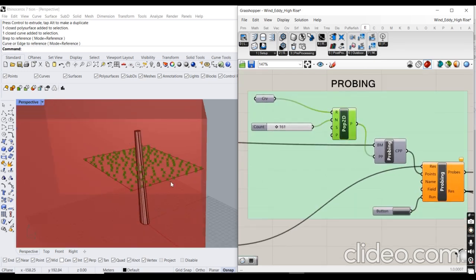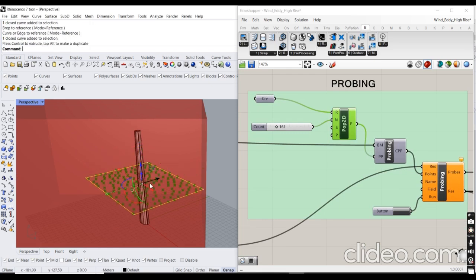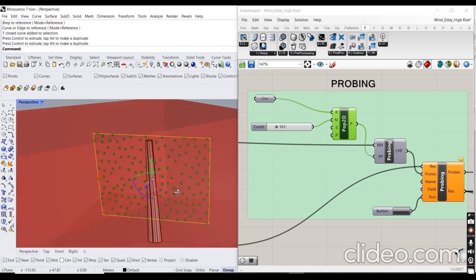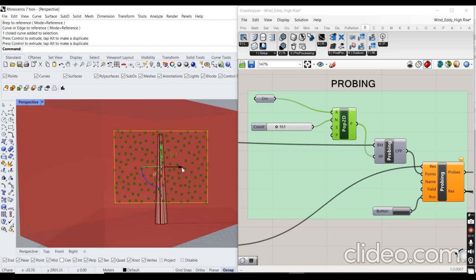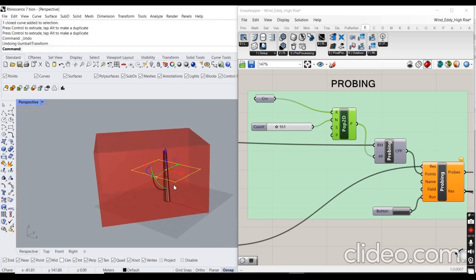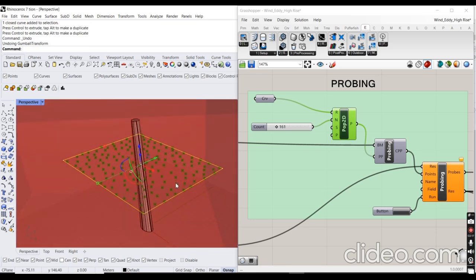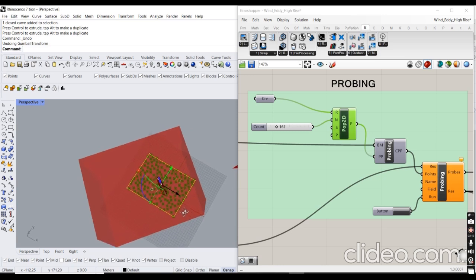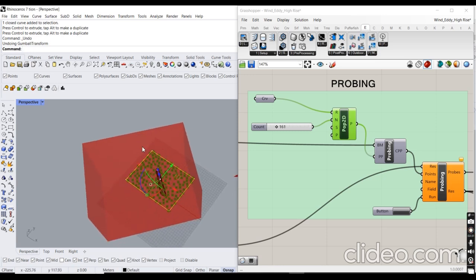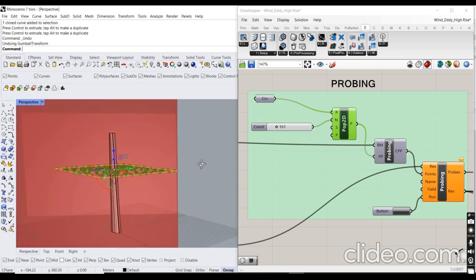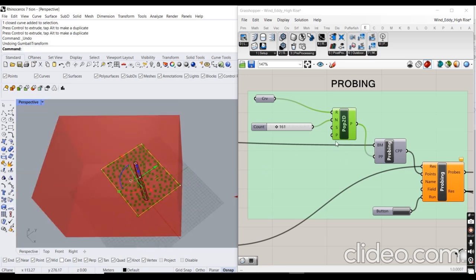We have taken the points here. I can take the points later also wherever I want. I can take the points at 90 degrees also. For example, if I want to see wind in elevation or in section, where is the wind going? But for now, we're just going to take it in plan at some random level, and make sure that this curve is within the domain box, right? It's almost there. Yeah. Now I'll have to run this, and it might take some time, but you can see